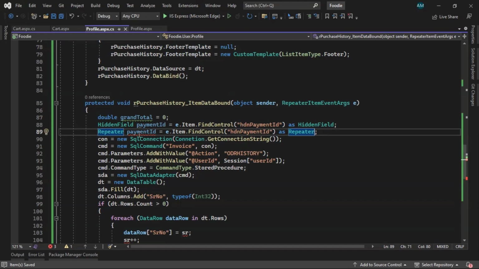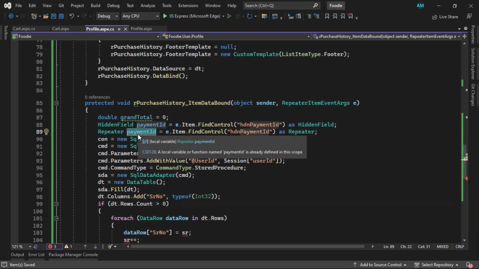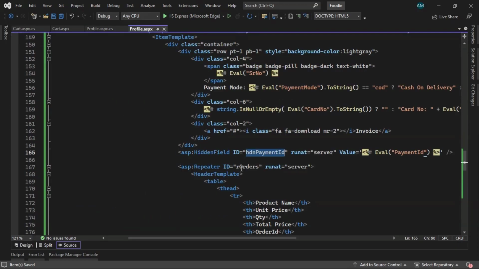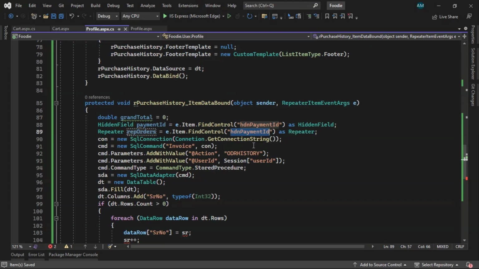Okay, and need to change the object name as well. Repeater orders, and we need to change here the ID, that is the ID that we have taken for this repeater, this one, repeater orders. Just copy it and paste it here. Okay,